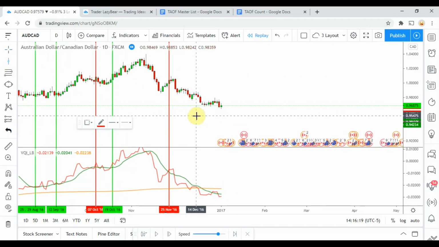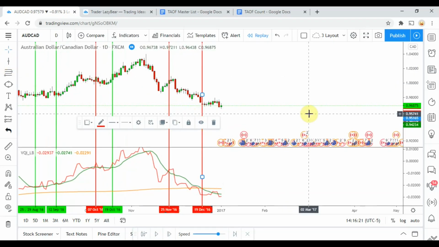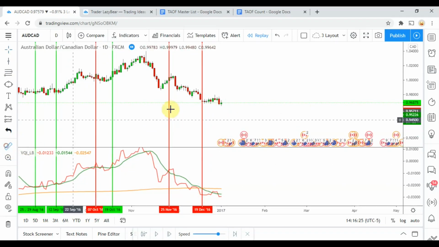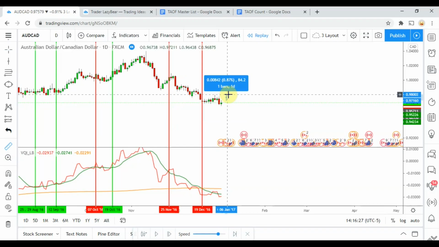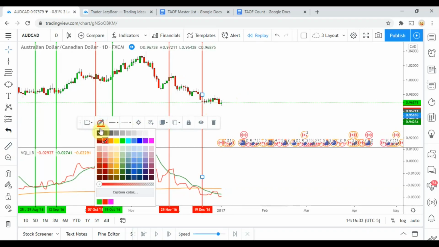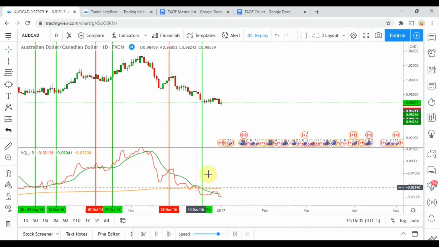Looks like this would have been the cross right there as it dropped below the orange long-term trend line. We have not gotten stopped out yet, and we did in fact get to take profit,